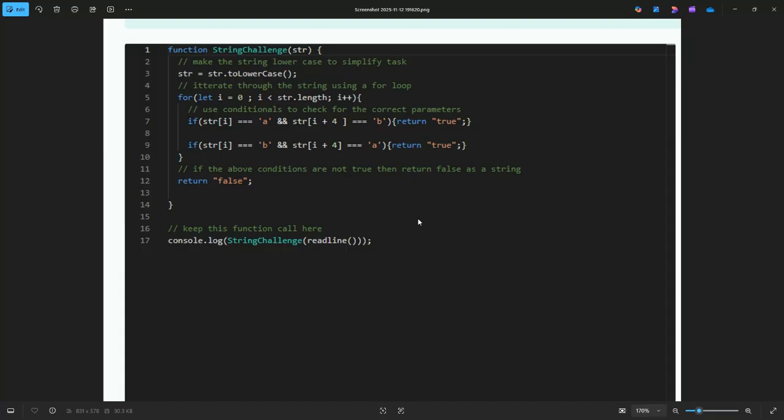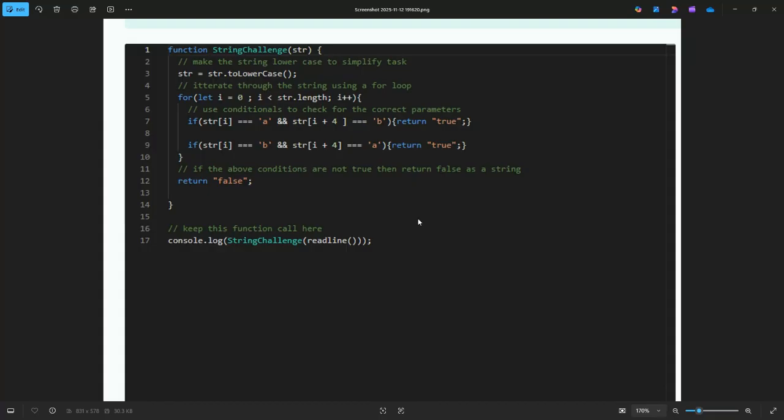So in the function that I wrote, we take the string that we're given, and then we immediately lowercase it, so that way we don't have to deal with uppercase and lowercase differences. So if some test cases have capitalization, then we can account for that use case. And then we create a for loop and iterate through the string, because in JavaScript, strings are array-like objects, so they share some characteristics with an array, so we can iterate through the string and get the value at every